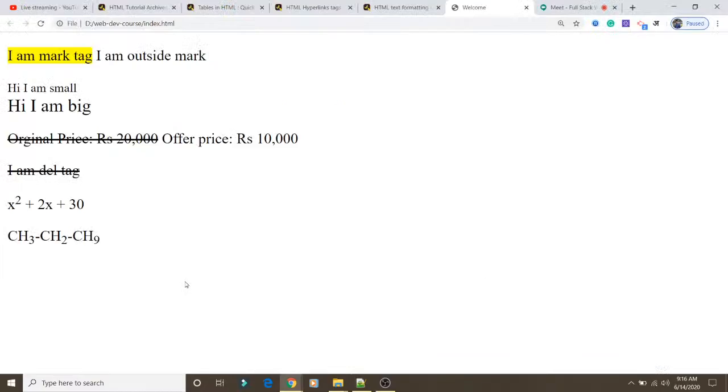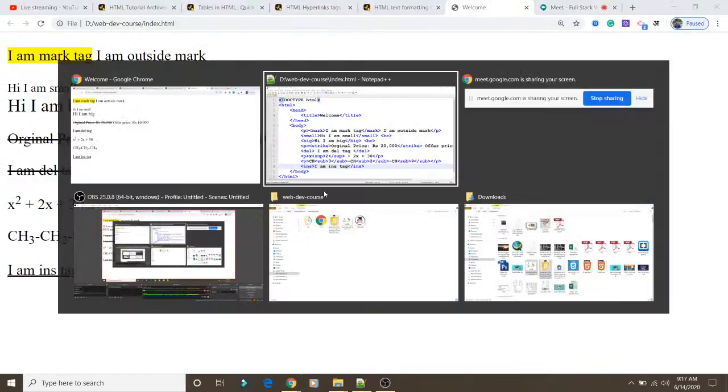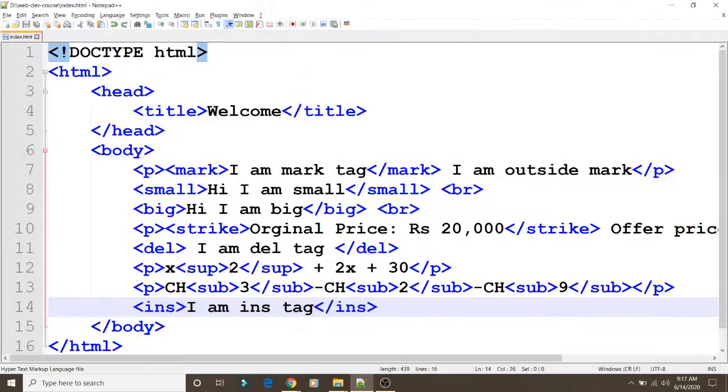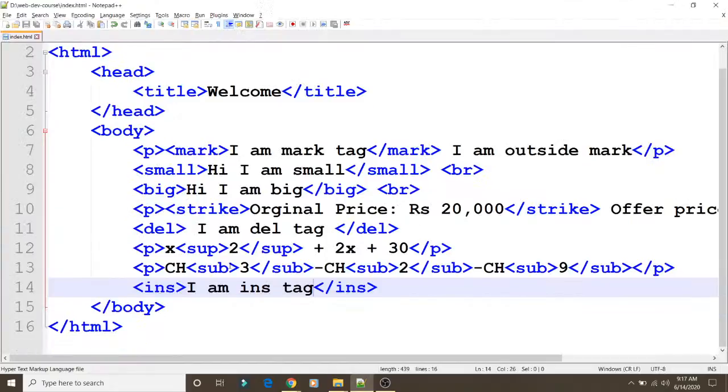We'll save the code and we'll refresh the page. So you can see it is working in a similar way as underline, the U tag that used to be there. Fine. So in this way it is working. In a similar way we can have lots of formatting tags that we will be looking at. You can explore all those on your own also, as per the requirements. Fine. So till now, any confusion?